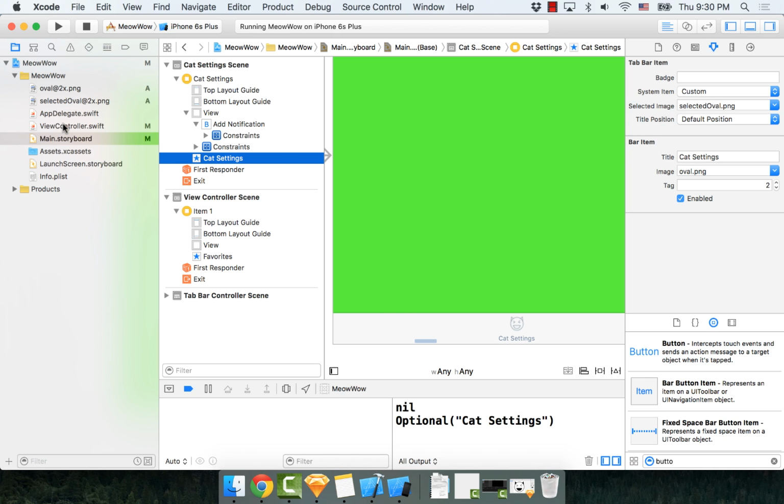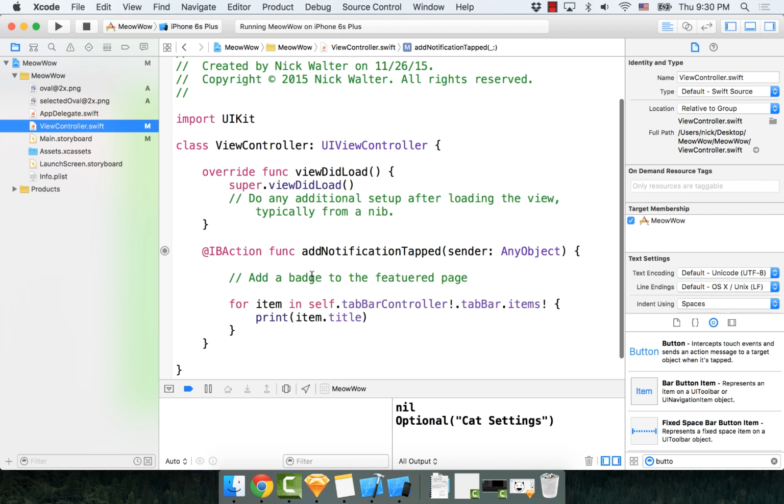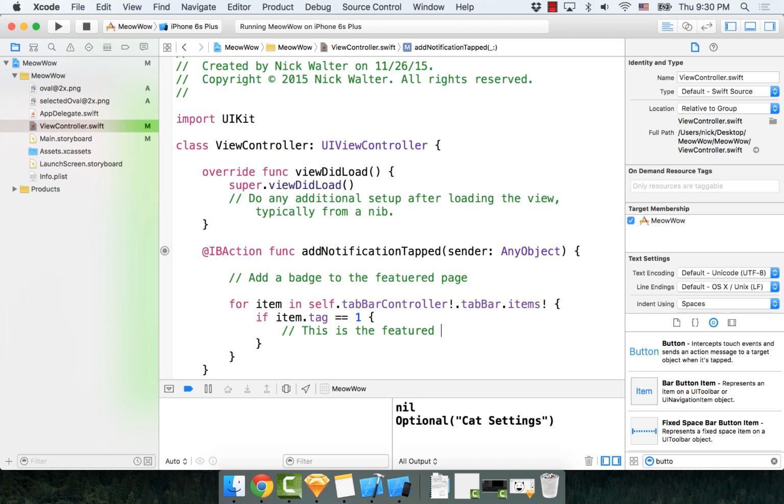So by doing this, it's really easy now to go back to this view controller and just say if item.tag is equal to 1, then we know that we're talking about the featured item. Okay. So now that we have this, it's really easy to add the badge to it. So we can say